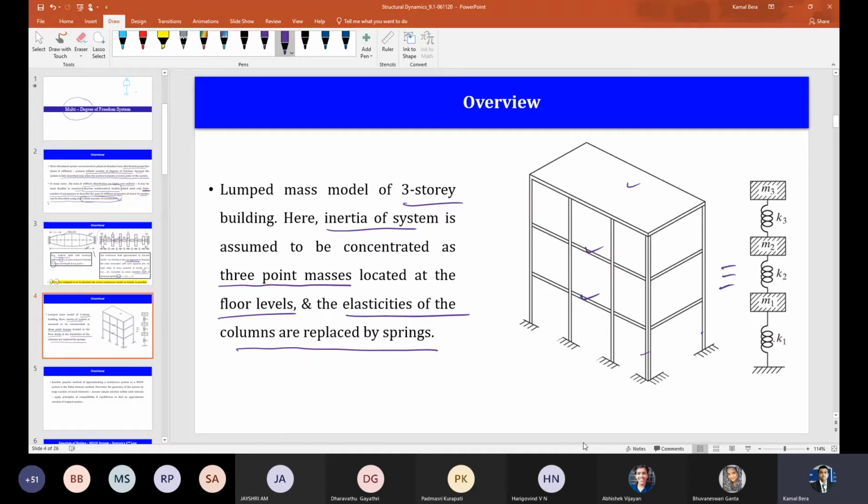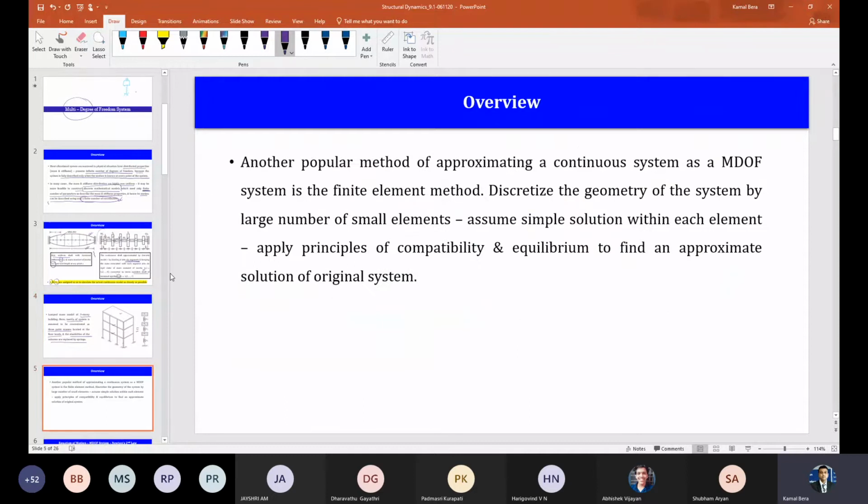So for a continuous system, I can idealize it as a lumped parameter system of finite degrees of freedom. You see, what we have discussed are some arbitrary methods, right? The more systematic and modern method is a discretization procedure. All are discretization procedures, right? Discretizing from a continuous system with an infinite number of degrees of freedom to a multi-degree-of-freedom system with a finite number of degrees of freedom. The modern approach is called the finite element method.